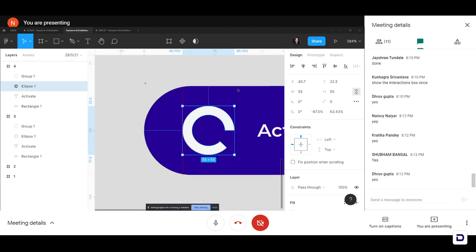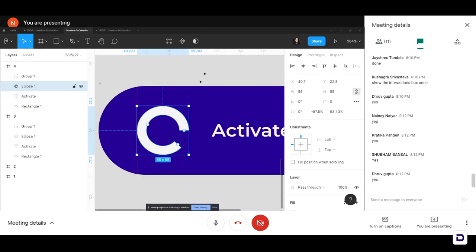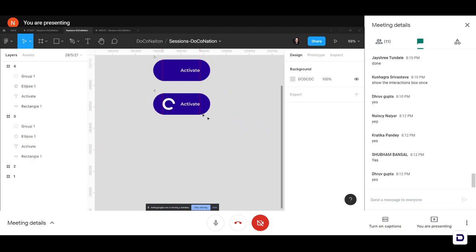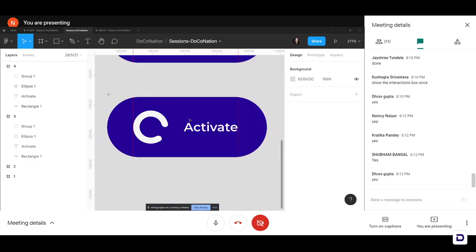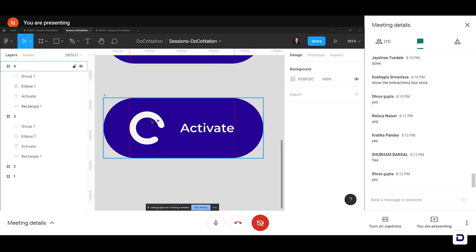So once I'm done dragging it to the boundaries, I am going to change the border radius. To change the border radius, again, I will have to select my circle, head over to my properties panel, maybe change it to 100. Yep, that looks good. Okay, so we have our circle ready.